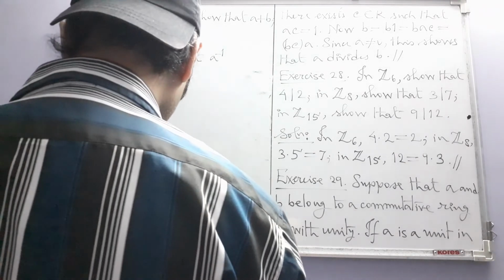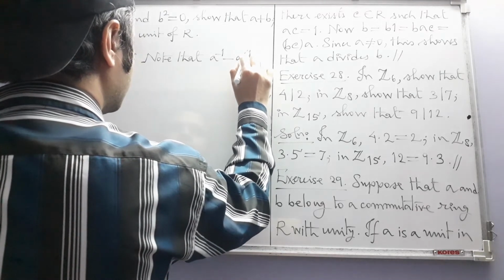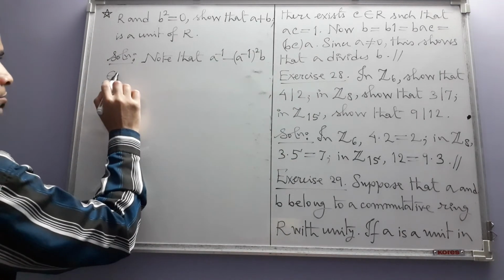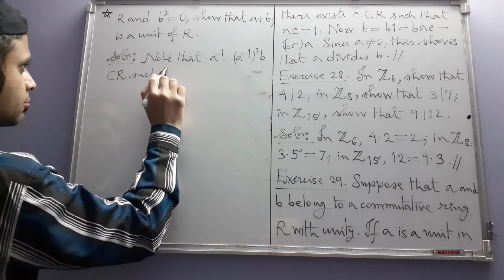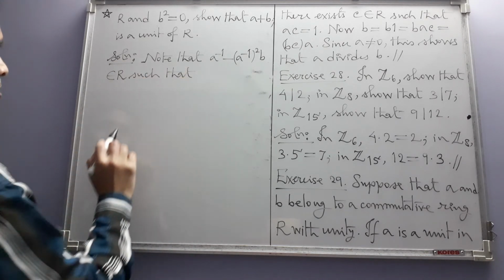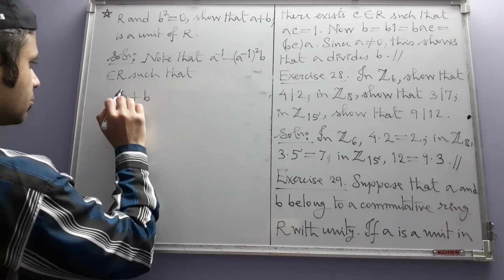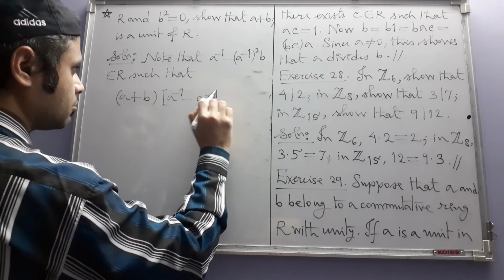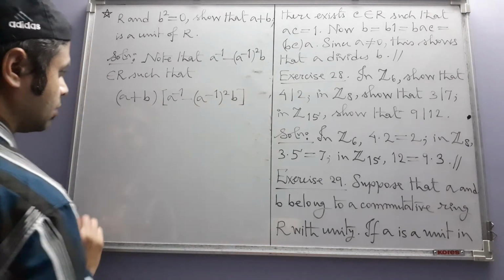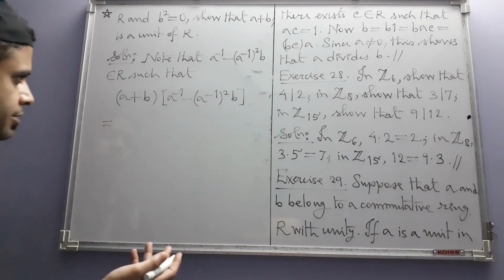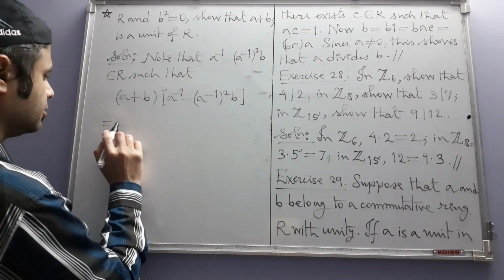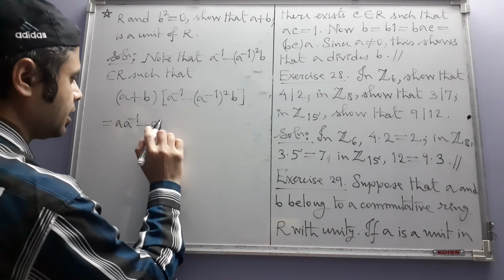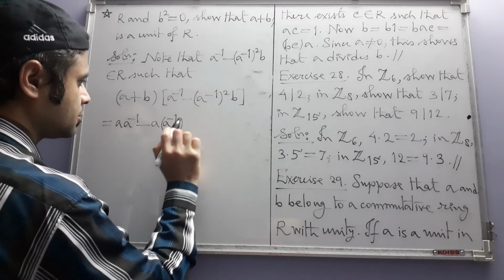So that means we can consider this element, such that if we take this product, what do we get? Using all the ring axioms and elementary properties, distributive law and everything, we get A inverse minus, let us first write all the terms and then we will simplify each term,